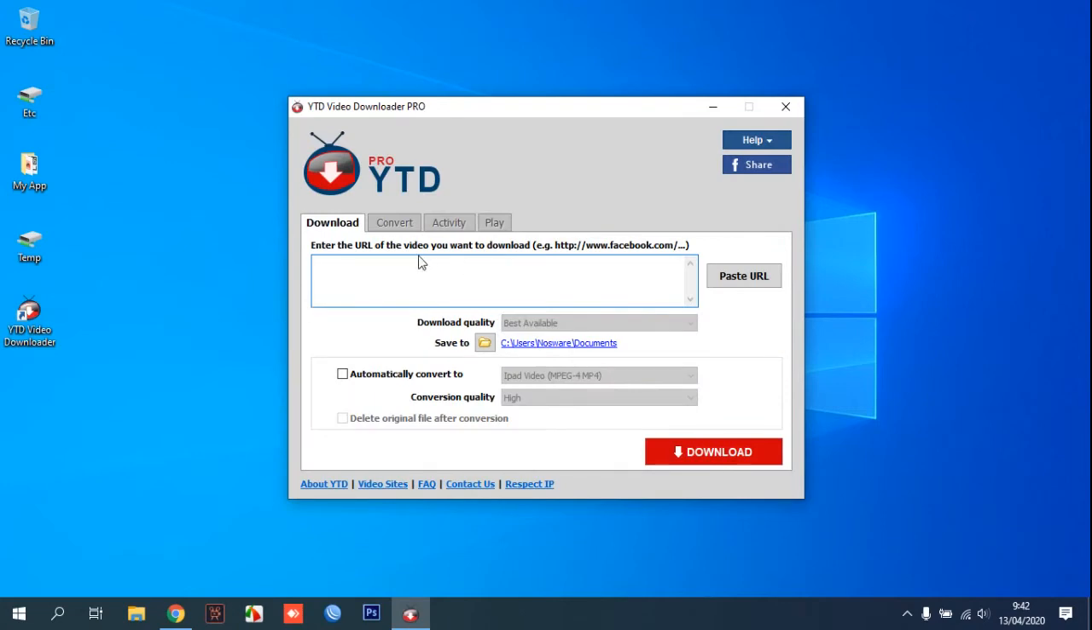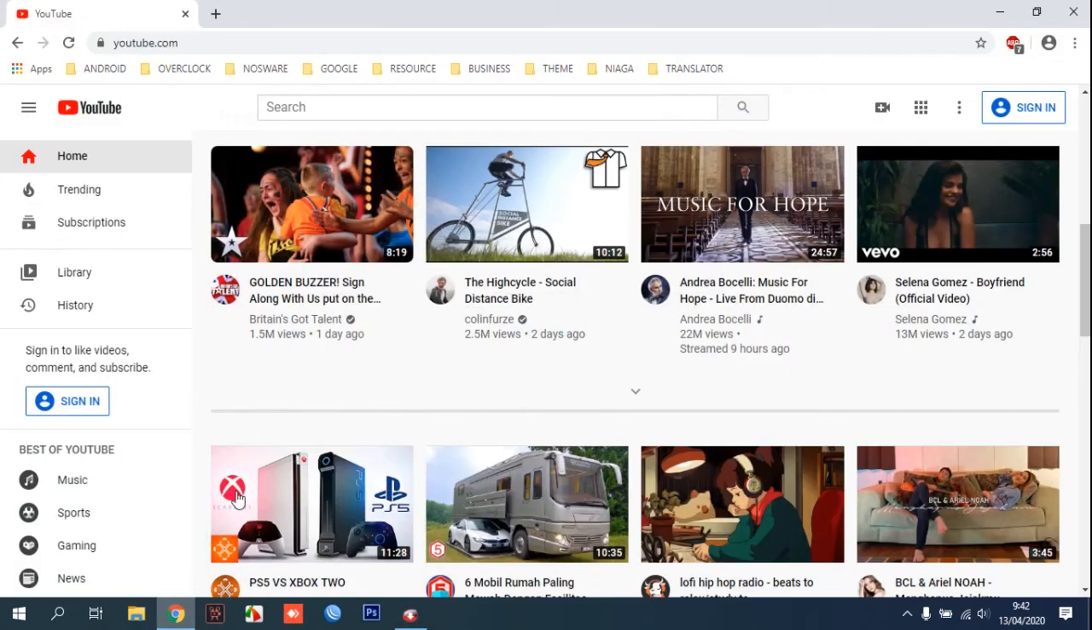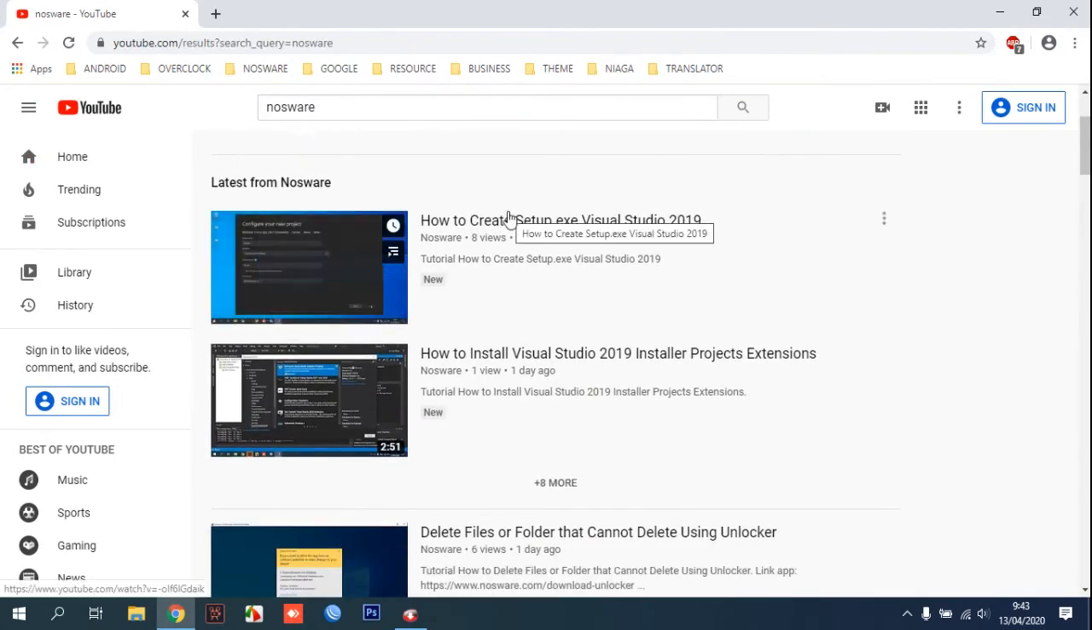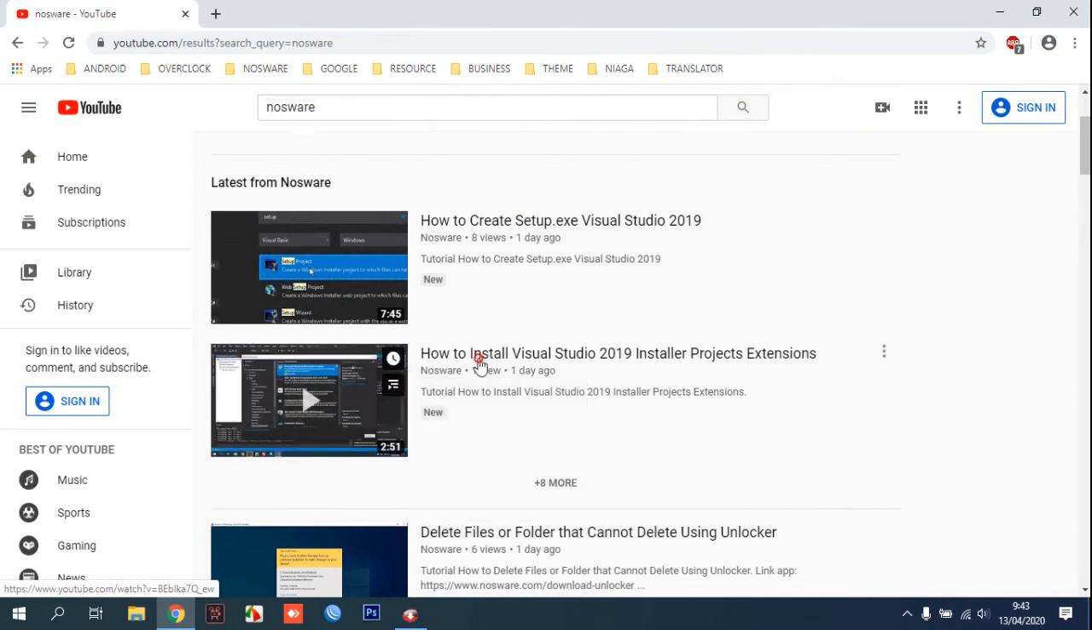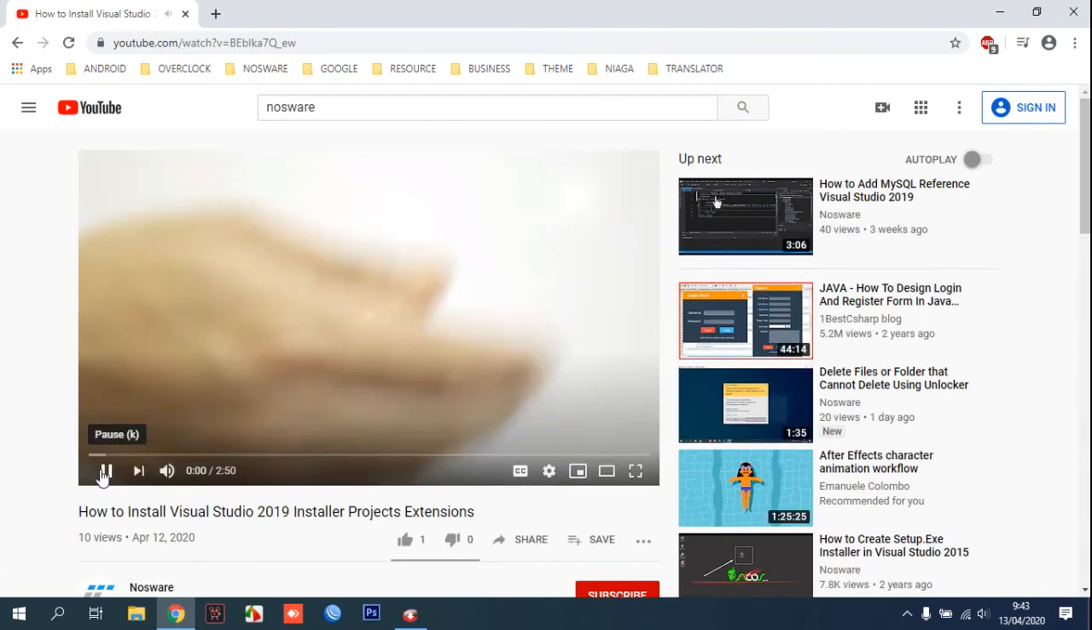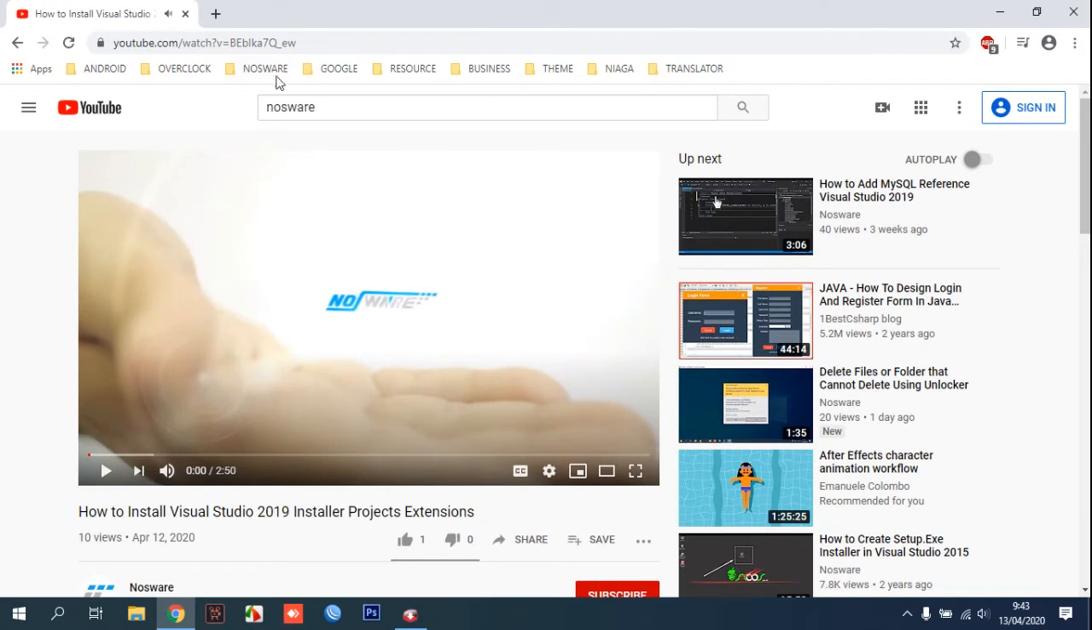And then after open like this, you can go to youtube.com and select one video you like. For example, I want to download video from my channel. After that, you can open the video and then you can copy this